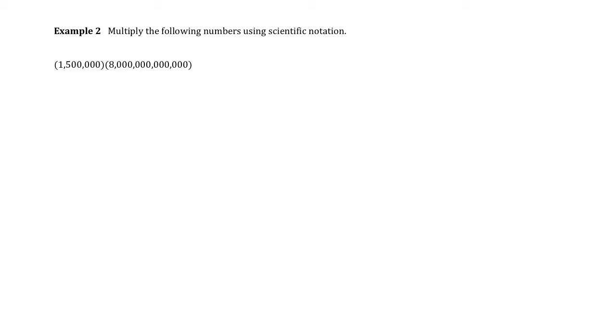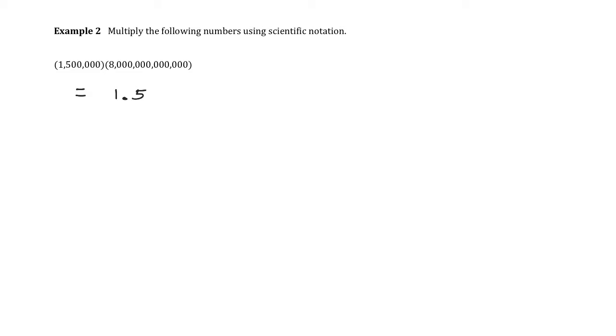For example 2, let's see how using scientific notation can simplify the process of multiplying large numbers. So here we have 1.5 million, and this looks like 8 trillion being multiplied together. So it's kind of annoying to do this out on a calculator because you're going to be listing a whole bunch of zeros in a row. Instead, what I'm going to do is convert both of these numbers into scientific notation and then try multiplying from there. So let's start this by saying, okay,